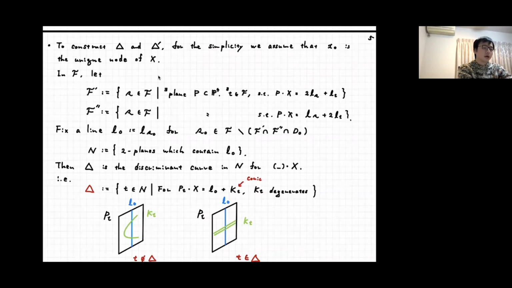So instead, I want to consider, for simplicity, the case where capital X has a unique node, X node. But the construction is almost the same even for the multiple nodes case. Okay, so to construct delta and delta prime, as I said here, I want to assume that X node is a unique node. Then for this case, we consider bad places F prime and F double prime, which are defined by